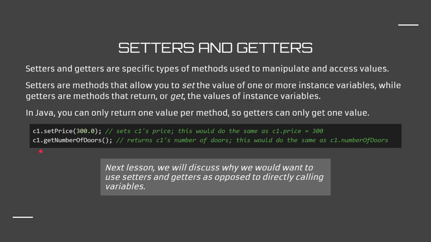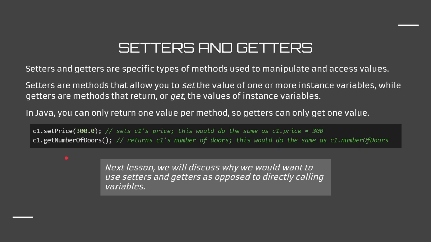Now, this might be confusing. Why would we use methods to do this if we can just access the variables directly? Why use setPrice when we can do c1.price equals 300? Why use getNumberOfDoors when you can just do numberOfDoors? Next lesson, we'll talk about why we would want to use setters and getters as opposed to directly calling variables,